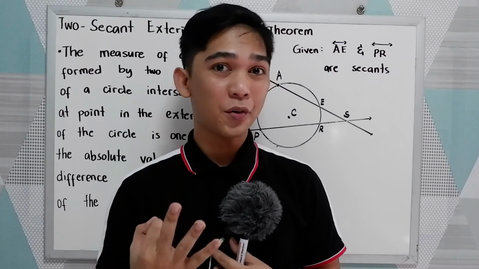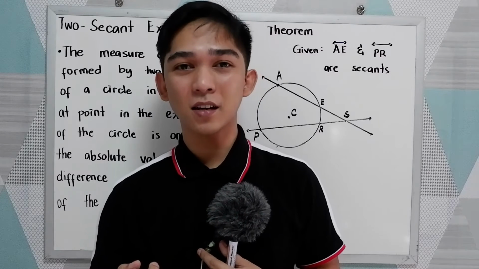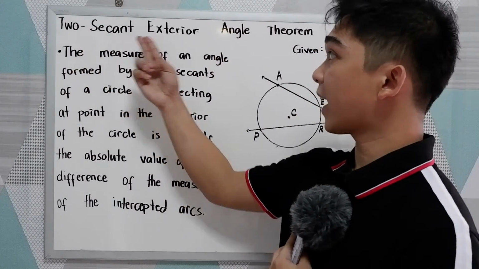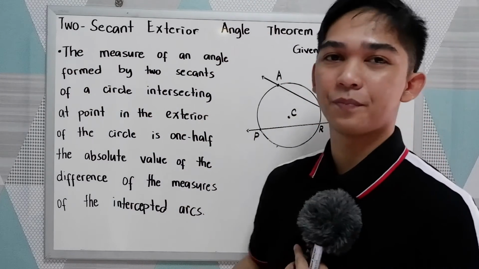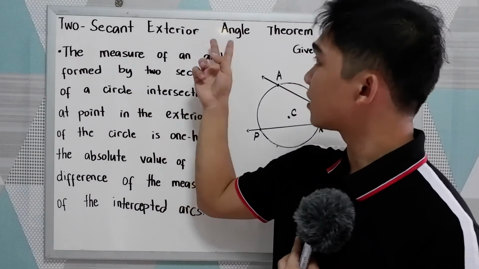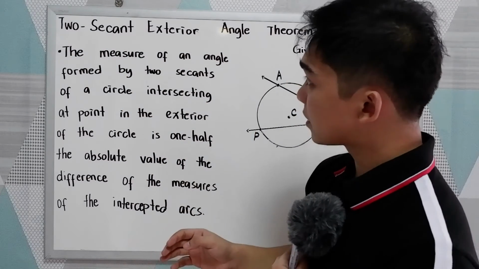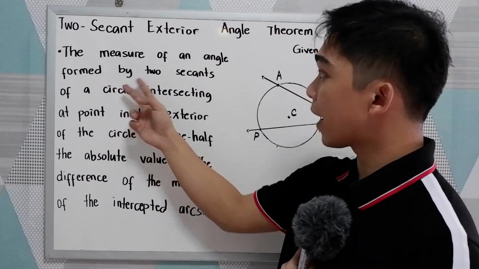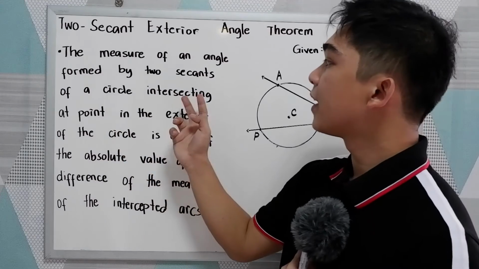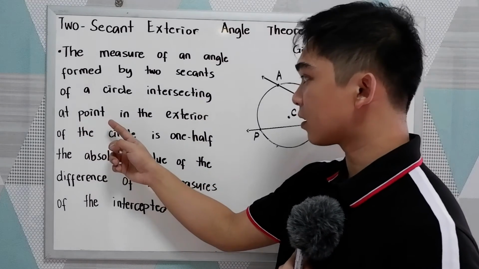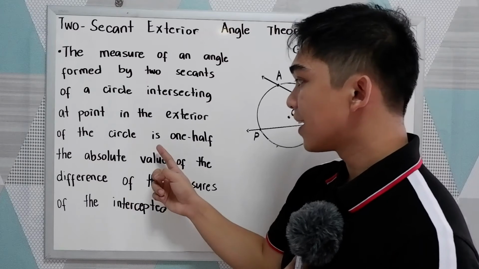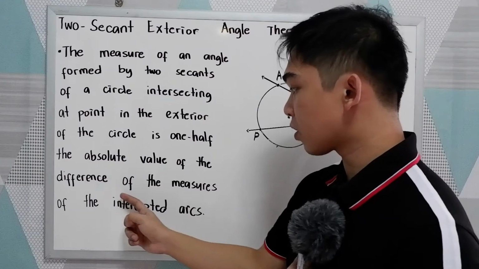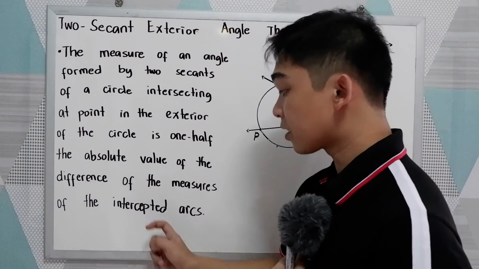This is our third theorem on angles on a circle. This time we have the two secants exterior angle theorem. So we have two secants and an exterior angle. The theorem states that the measure of an angle formed by two secants of a circle intersecting at a point in the exterior of the circle is 1/2 the absolute value of the difference of the measures of the intercepted